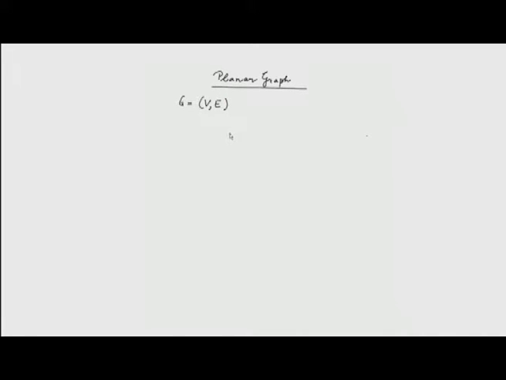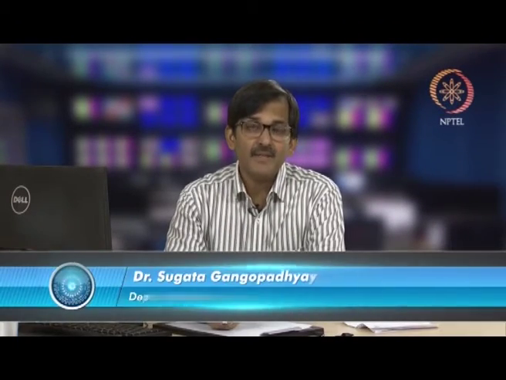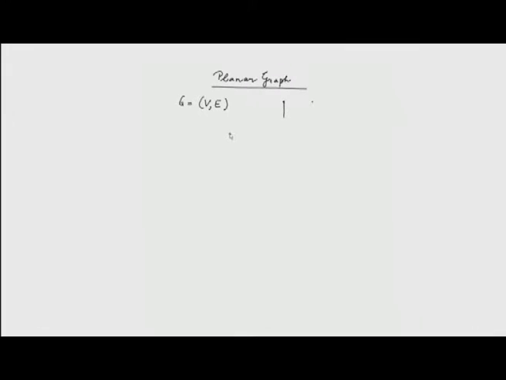However, we have not checked the issue of whether I can draw a graph on a plane without its edges overlapping on each other. For example, I can think of a graph like this,